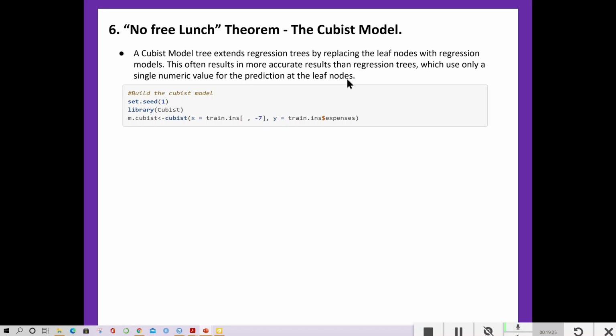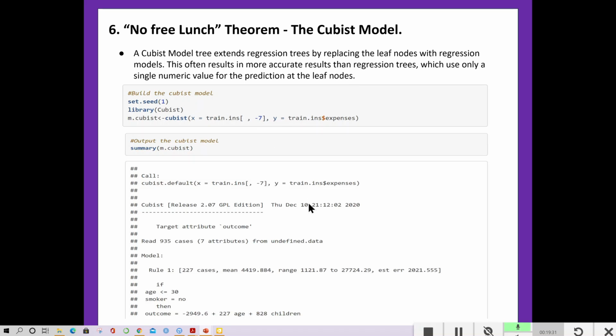So with that said, we can build a Cubist model by using this syntax. And with that, we have the following Cubist model. And the first rule we have here talks about the age